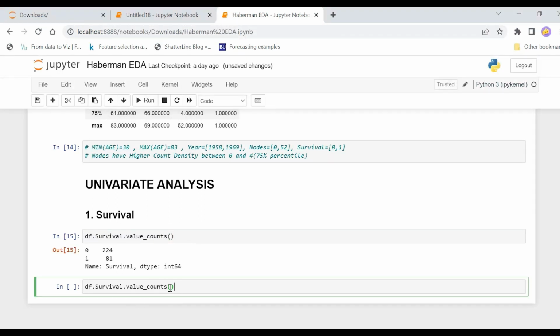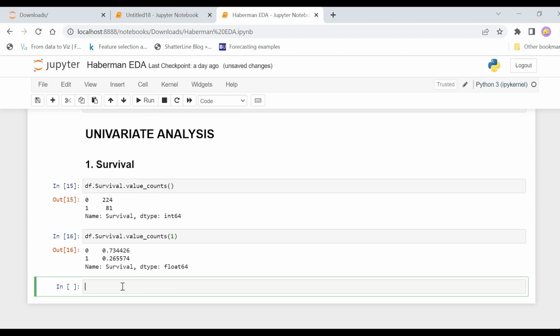And when I convert it into percentages, I can see that, if I round it off to two digits, there are maximum only 27% people who will be living less than 5 years,